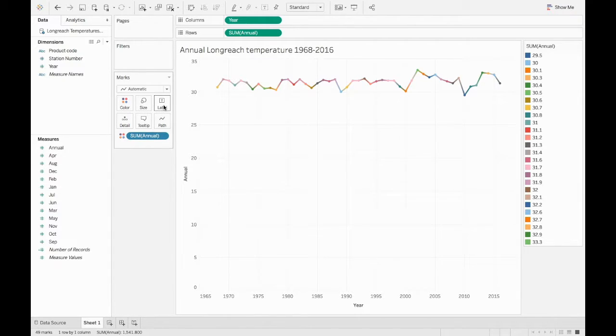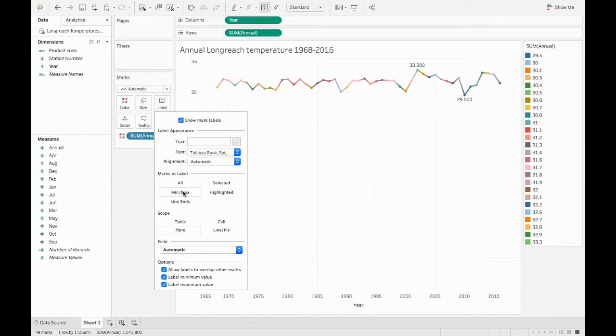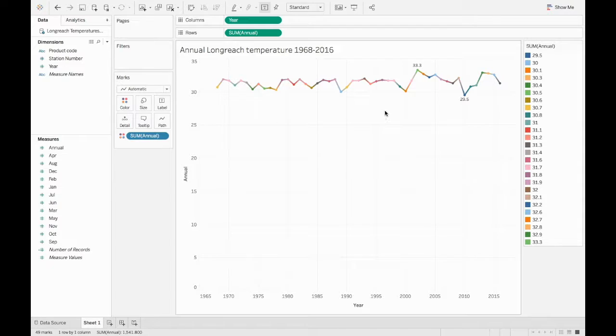All you have to do is click the label button, select the show mark labels option, and then select the minimum maximum button here under marks to label. Select the relevant field and then ensure that these bottom two label minimum value and label maximum value options are both ticked. I also want to just quickly change the font to make it slightly smaller and more visually appealing on a graph. There we go. Now the graph is displaying the highest and lowest temperatures in Longreach from the relevant time